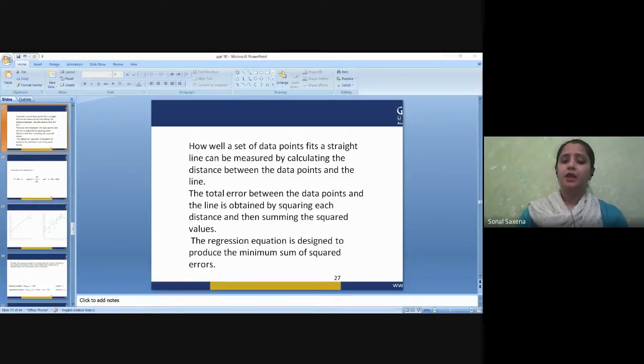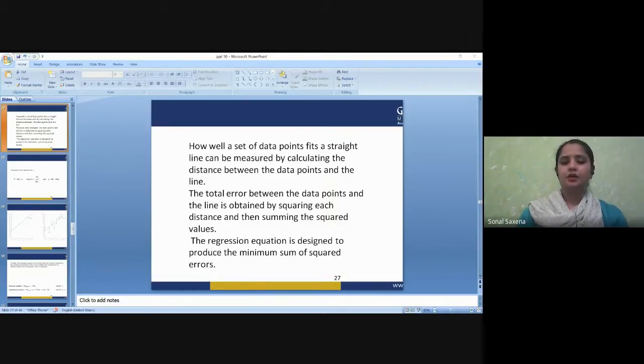Now, a few properties of this coefficient are, first of all, the range, which can be from -1 to +1. Then the second is perfect positive relationship, which is +1. How can we denote a perfect negative relationship? It is with the help of -1. And if there is no linear relationship between the two variables, we can denote it using 0. Then strong correlation. If you want to say that there is a strong correlation between these two, the value of R should be greater than 0.85, which depends on the business